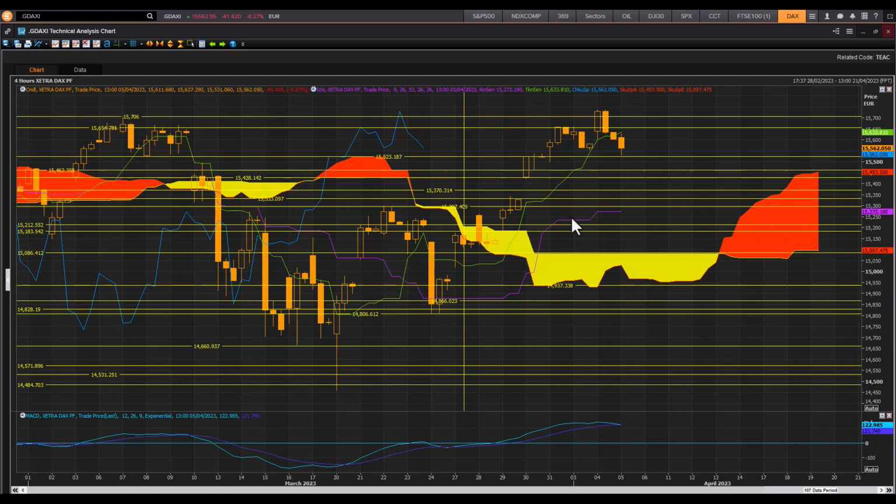Now, in the last update, we were fighting this resistance zone, this 15,523 top end of the cloud chart shadow, and that resistance was tested, and we broke past that zone, only to run into trouble at these old resistance zones between 15,654 and 15,706. Market then made a reversal,